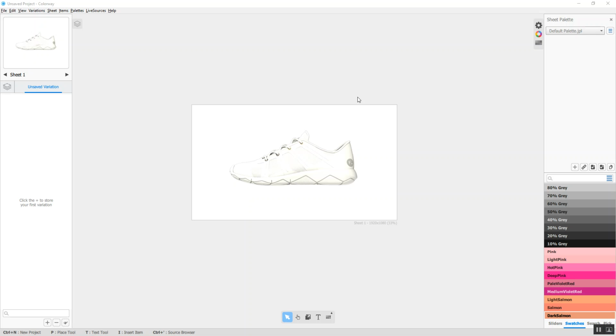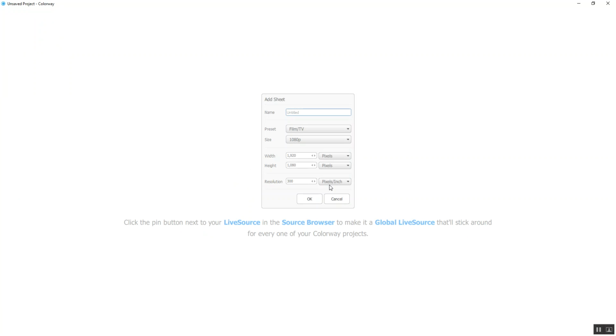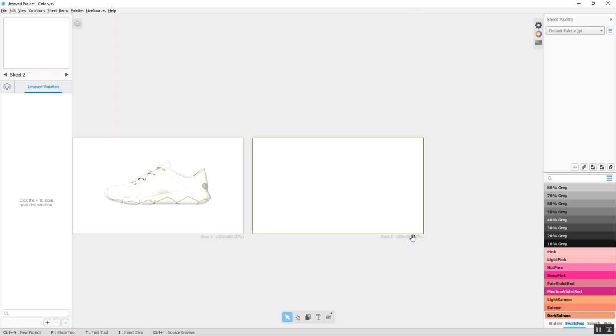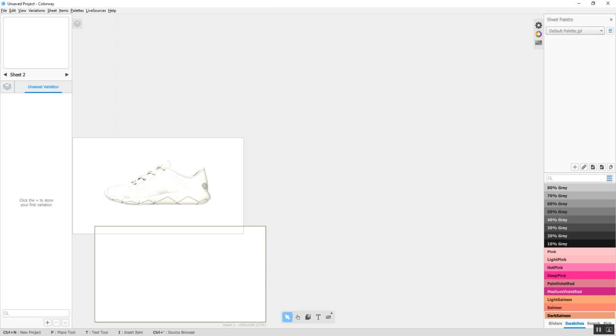Workspace is really easy to navigate. In the center you have your sheets. You can add sheets by clicking Sheet, Add Sheet, or pressing Ctrl-Shift-N or Apple Shift-N. You can name your sheet here, or you can name it in the Properties tab, which I'll show you a little bit later. You can move those sheets around this artboard